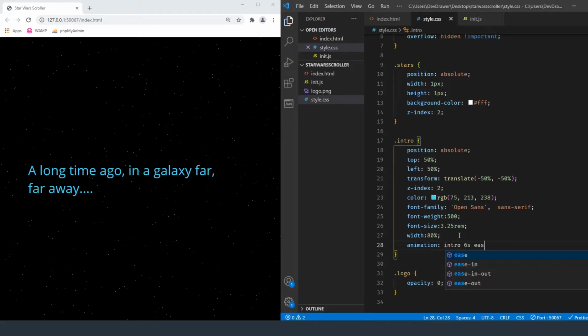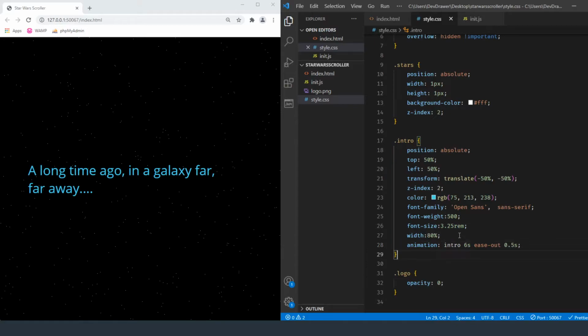We're going to use an ease out method, and then I want to pass it to the next one in about 0.5 seconds. That should give us the animation that we want, where it fades in on load. So let's go ahead and create that animation.